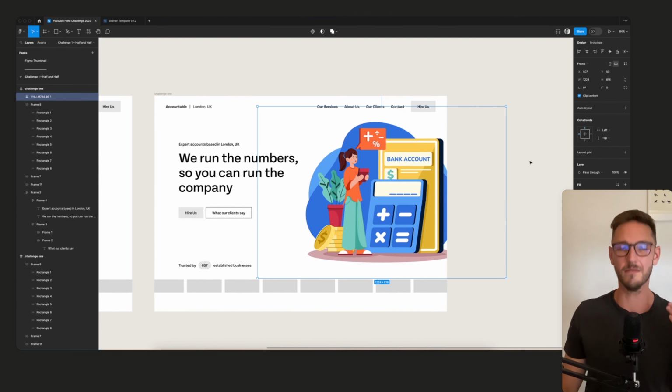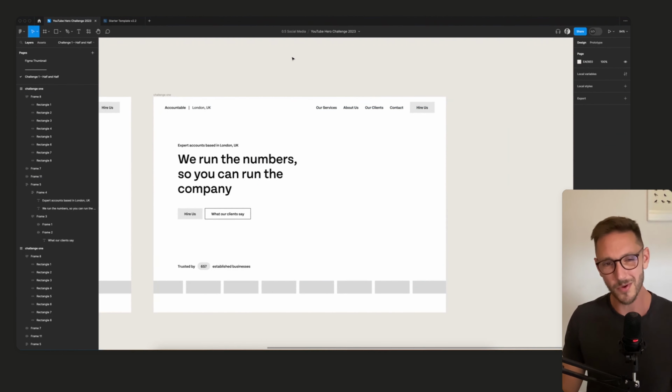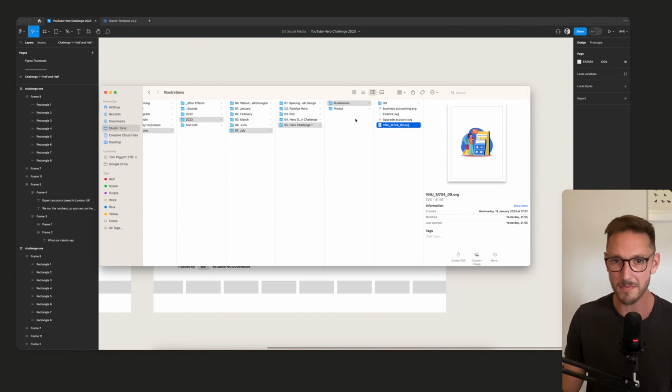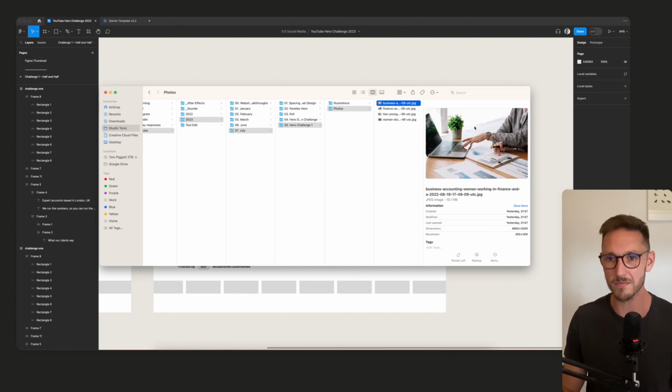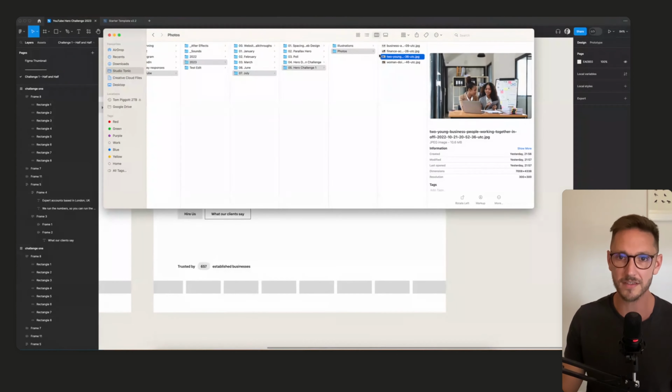They would be like, and I'm being very stereotypical here, we love accounting and numbers, so we can't have a child's drawing on here. Whereas actually, if we have a photo, maybe with some diversity, maybe with a person of color or some ladies in there, that might be nice. Here we go. So this is perfect, right?